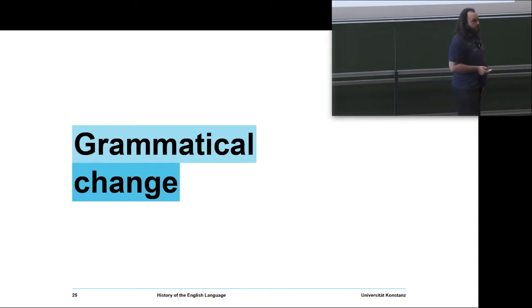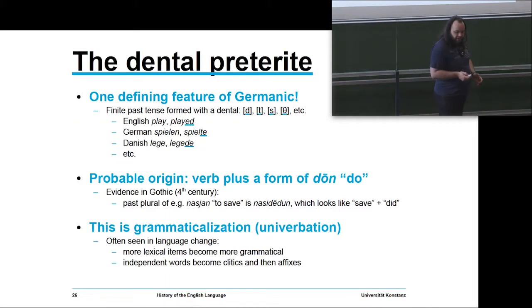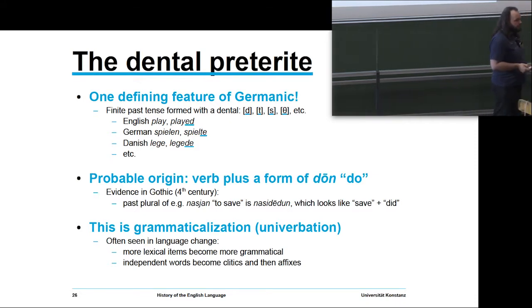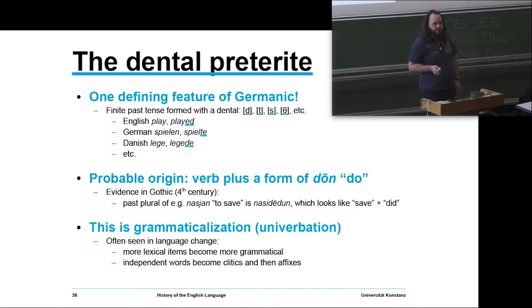All right, so far we've only talked about sounds, and sound change is really interesting, but we want to talk about other things too. So what about grammatical change? What about the structural makeup of sentences? Well, that changes too, and actually this, across the Indo-European languages, changes in ways that can be parallel. But this is the remaining feature of Germanic that sets Germanic apart from the other Indo-European languages, the dental